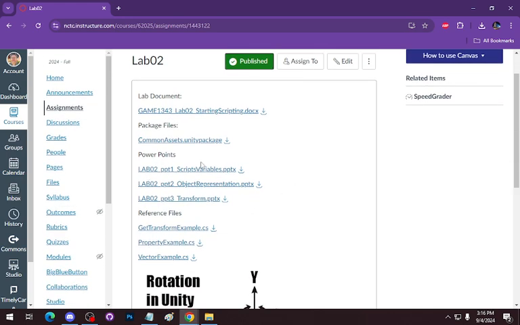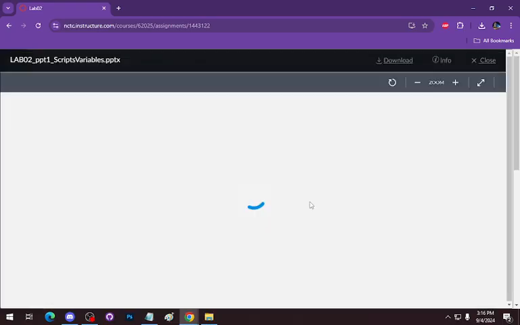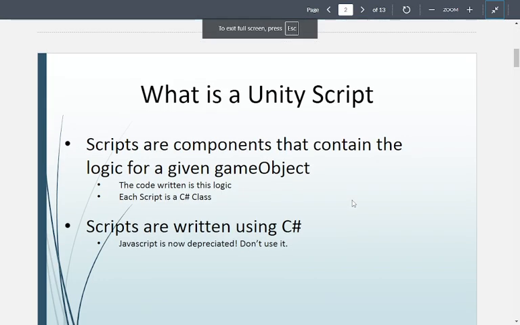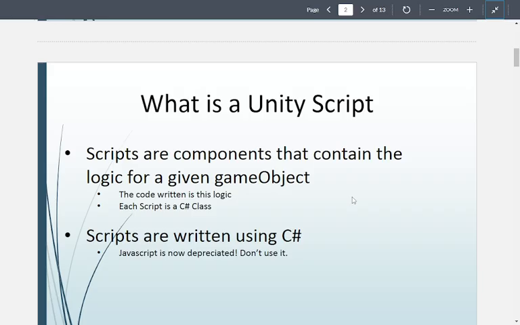So let's go through these PowerPoint slides. We'll start with: what is a Unity script? Scripts are components that contain logic for a given game object. And that's the first thing. Scripts are components, like transform is a component, like the properties for a light is a component. Which means, and this is what's important,